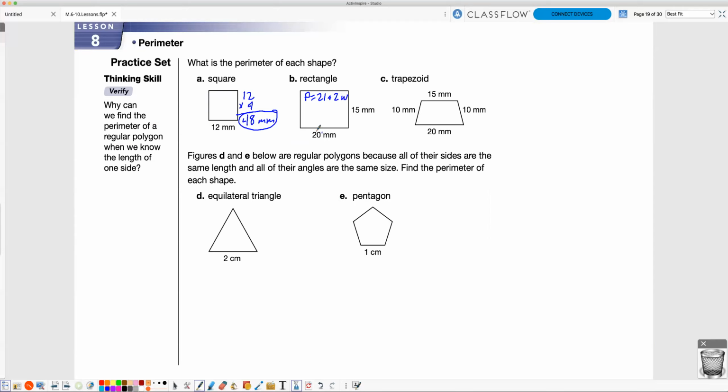So if I have 2 lengths, that's the same as 40 millimeters, plus I know 2 widths is going to be the same as 30 millimeters, because this side's 15, this side's going to be 15. This side's 20, this side's 20. So 20 plus 20 is 40. 15 plus 15 makes 30. So I know that the perimeter of this particular shape is going to be 70 millimeters